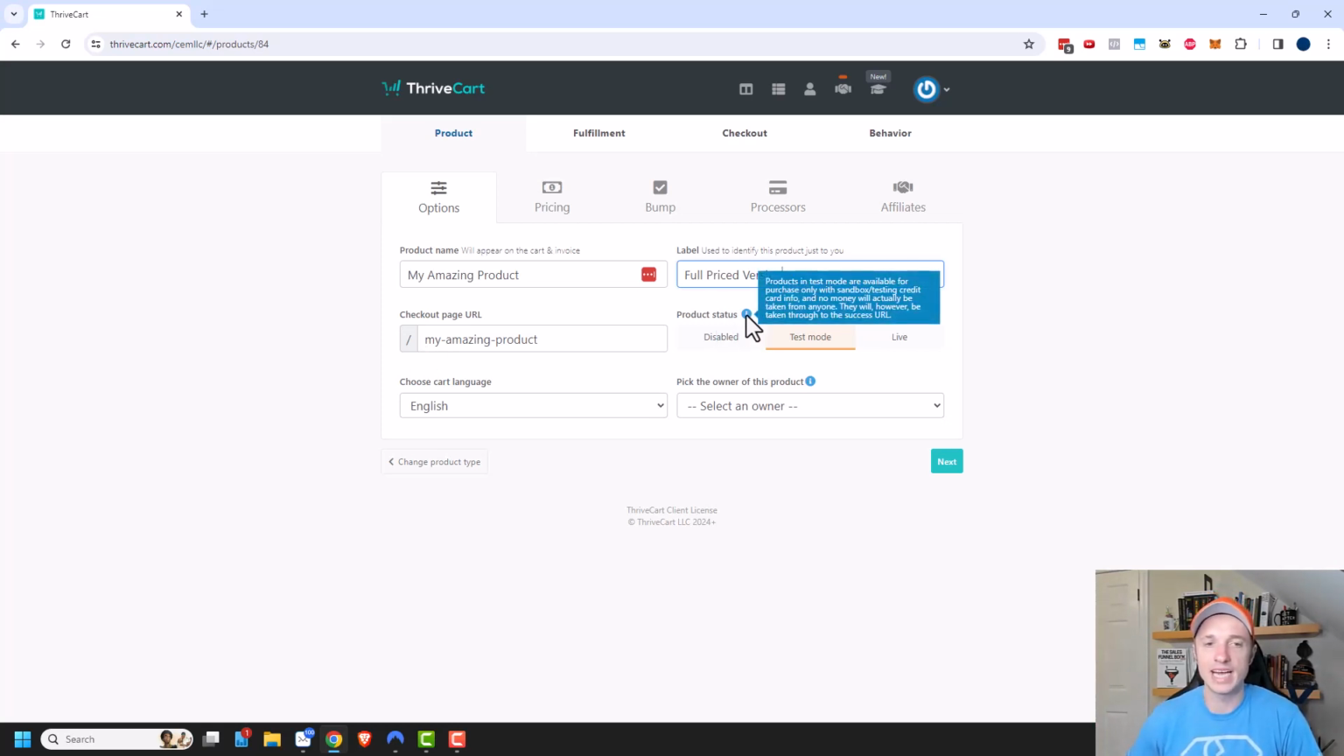So you can hover over this i right here and it gives you some information. And we can see the definition for test mode right here. Basically, this is for testing out your order form, making sure it works. They'll give you a dummy credit card number in order to go ahead and test a payment so you can see how it all works. So you probably want to go ahead and leave your product in test mode